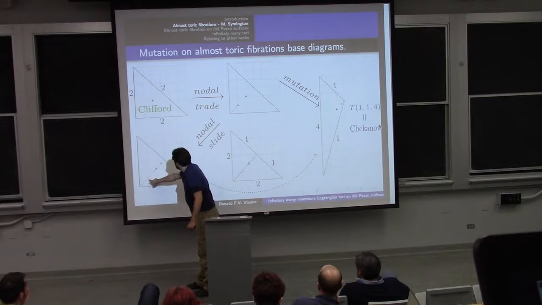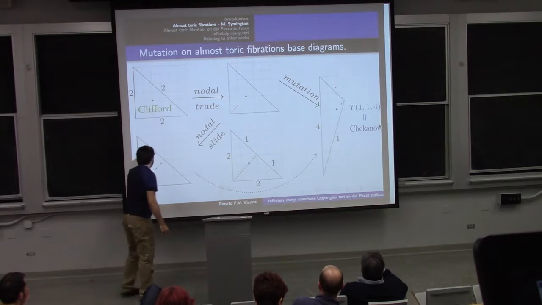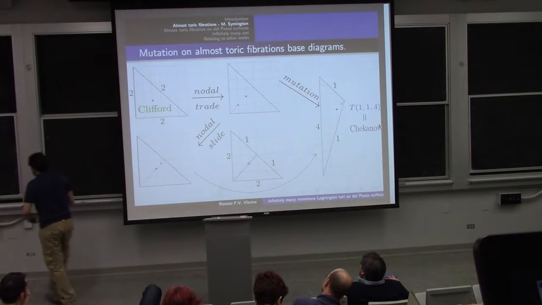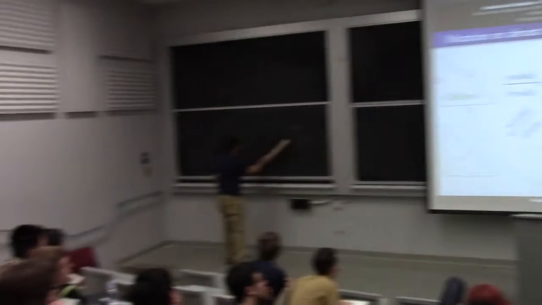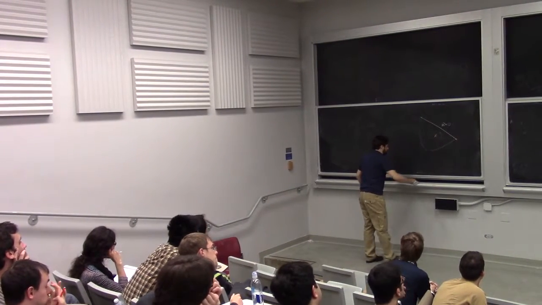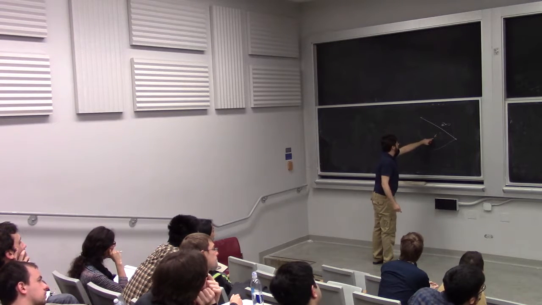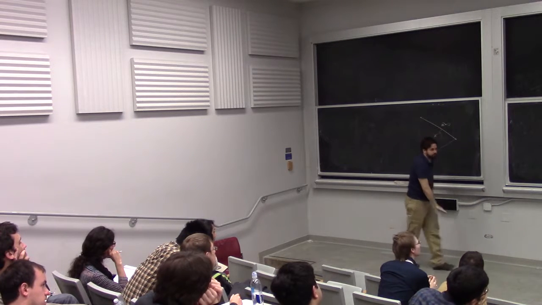We always are going to nodal slide through the monotone fiber, and then I'm going to want to redraw this base diagram representing the same almost toric fibration, but with the cut, instead of going to one side, the cut going to the other side. So I'm just going to get a new embedding of the base of my almost toric fibration. But instead of being the embedding on the complement of this cut, it's now going to be an embedding on the complement of that cut.